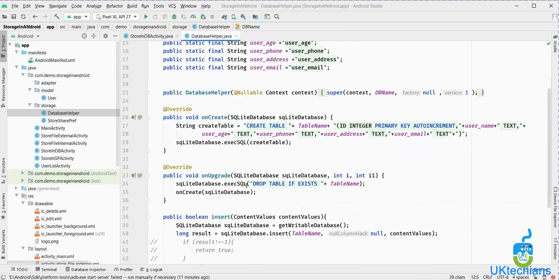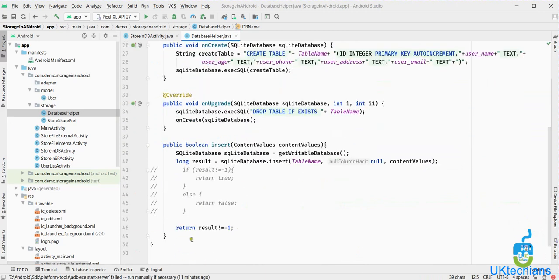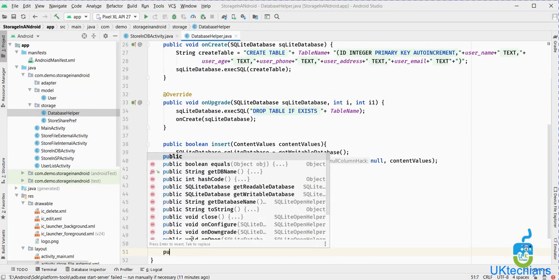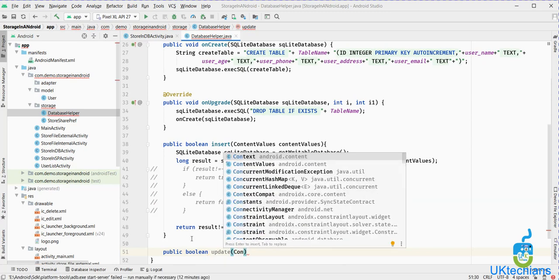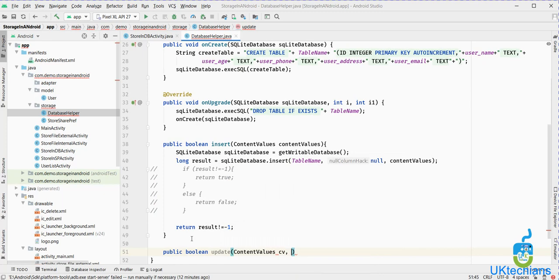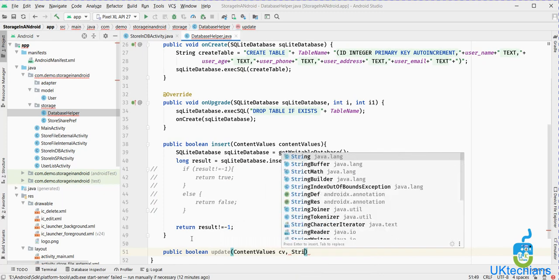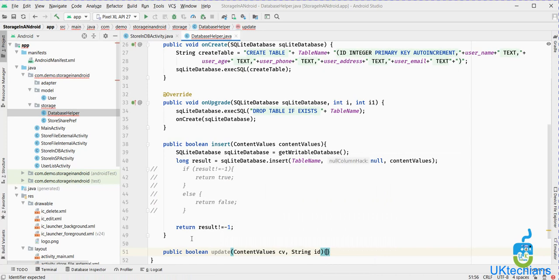So let's start. To update a record, we will use a query. Let's create a method over here which says public, return boolean. Then the method name will be update, and we will update content values CV and by respective ID. The ID is of integer, right?